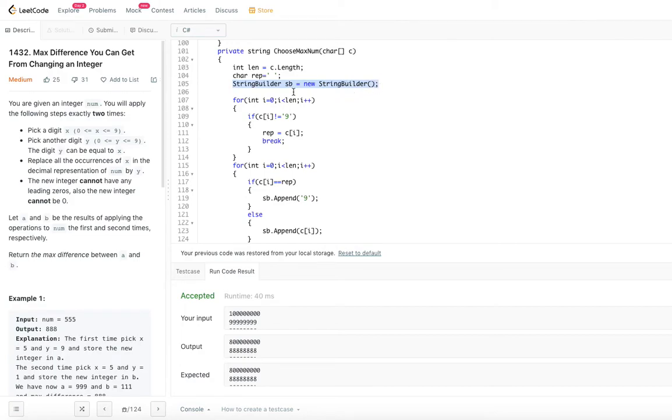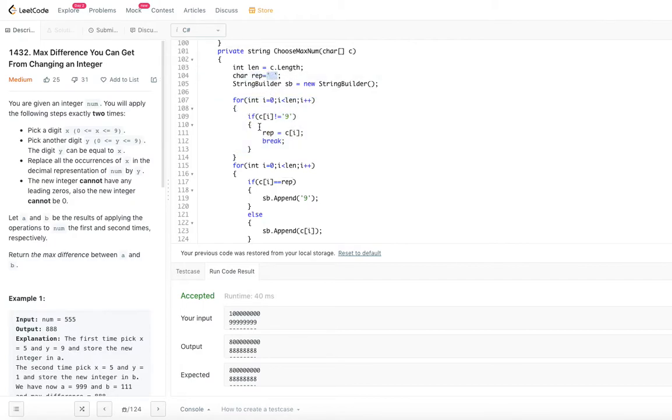So SB is equal to a new StringBuilder. I am declaring a new StringBuilder here. Now for choosing the maximum number, as long as the digit is not 9, from left to right, just replace that. This loop will get me the first digit which is not 9. For example, if all digits are 9, the replacement will be empty.